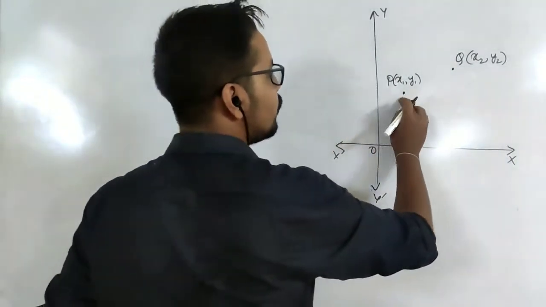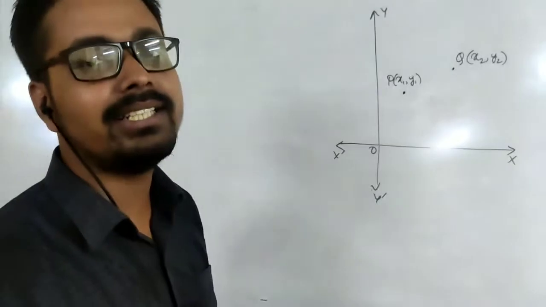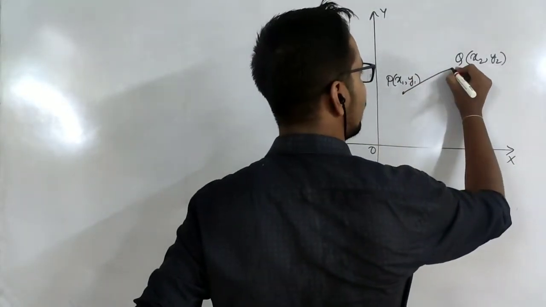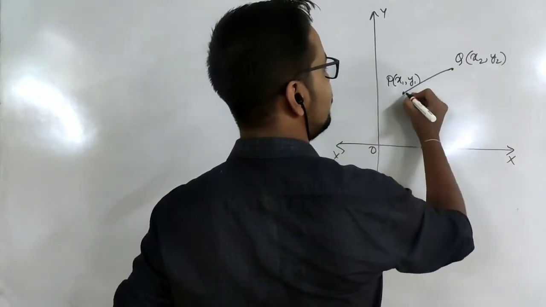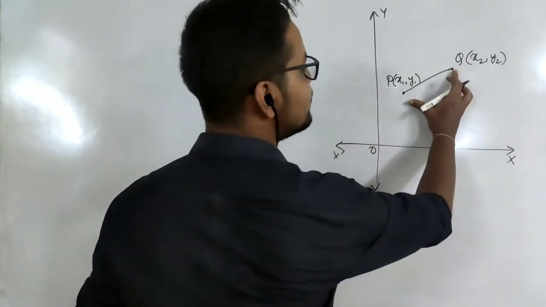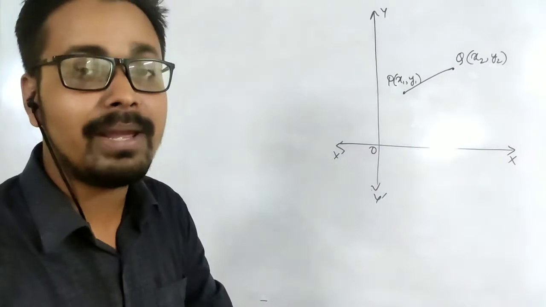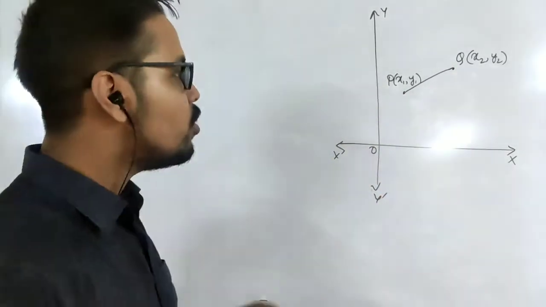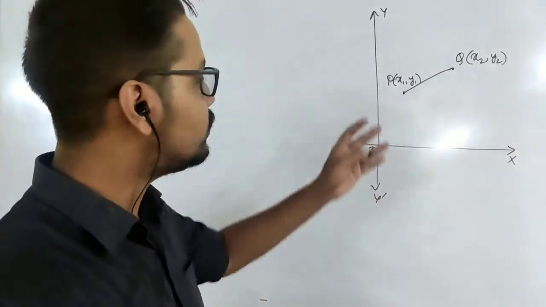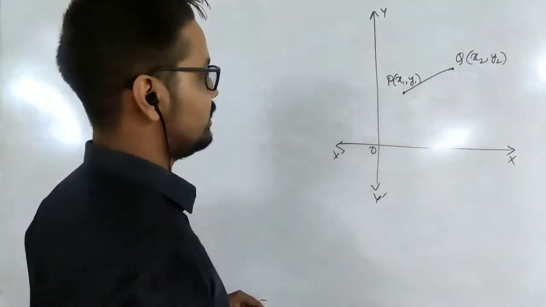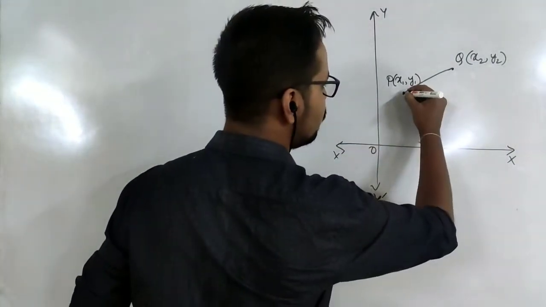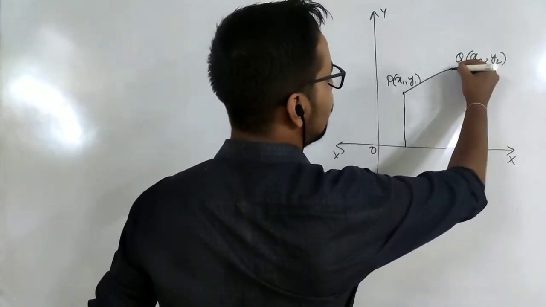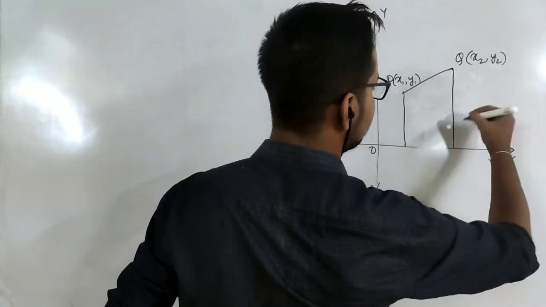So let us take two points P and Q. Now I want to find the distance between P and Q. How to find the distance? If I join these two points, this will be the distance between P and Q. Now what is the value of this, the magnitude, that is, the distance between these two points? How to find it? For that we draw some constructions in order to understand. First we will draw a perpendicular from Q on the x-axis.